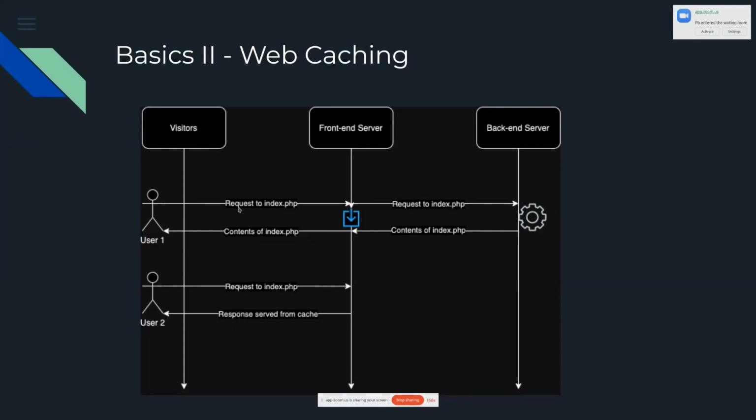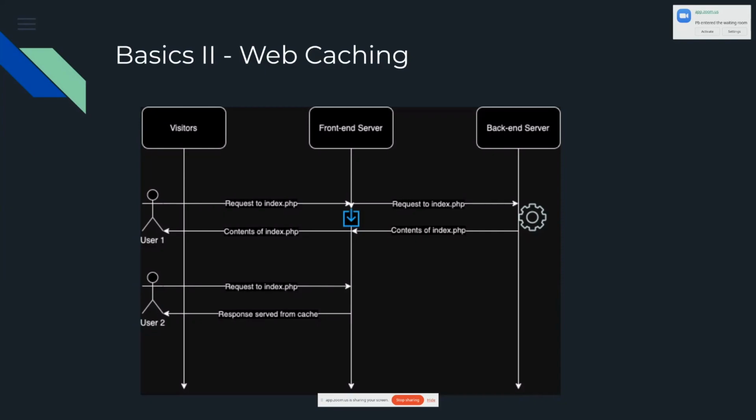So let's see. The user one sends a request to account.php. The front-end server forwards the request to backend. The backend server processes the request and retrieves the content of account.php. And the contents are served back to the user. But in between, the account.php response has been cached in the front-end server. So whenever some other user requests account.php, the response will be served from cache. Now, normally, this kind of thing doesn't happen at all because most of the time the front end server depends on the extension and the particular configuration of cache keys. So account.php doesn't normally get cached in the front end server,